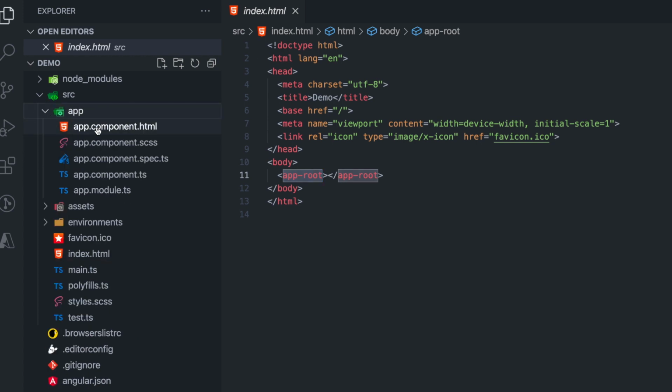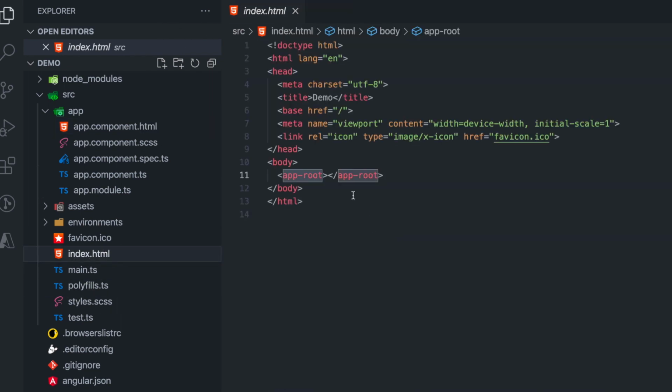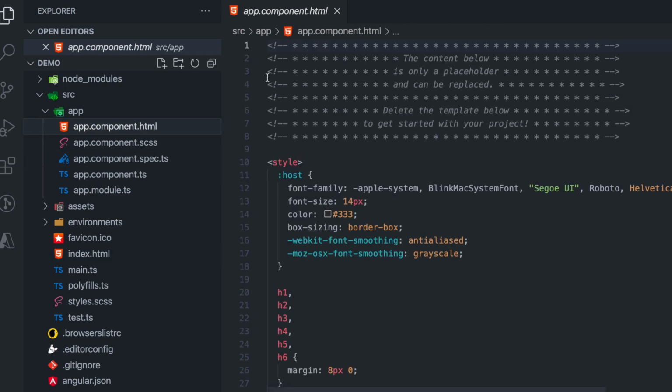Whatever you write in this component, app.component.html, that will be replaced in this place, or in actuality that content will be pasted below this app-root, and whatever you have written inside it will be shown on your HTML page when you render it.